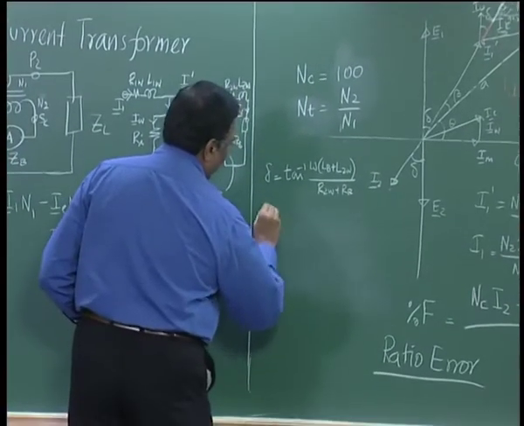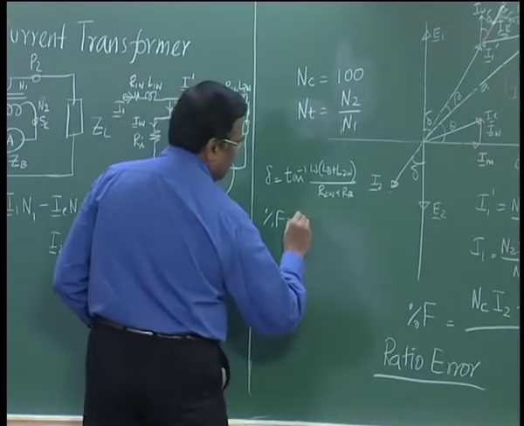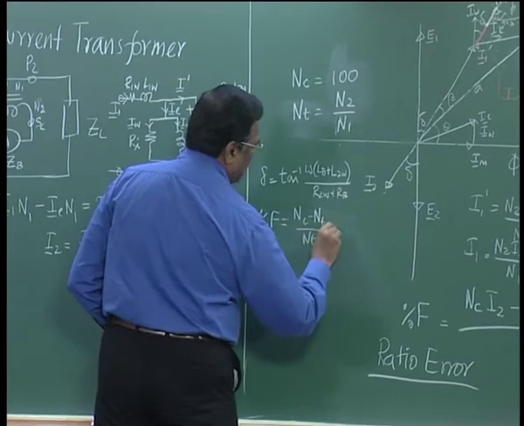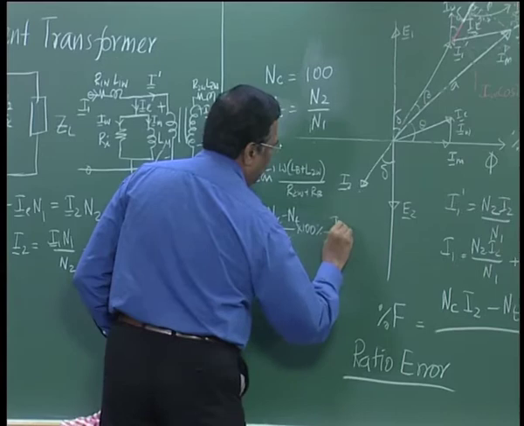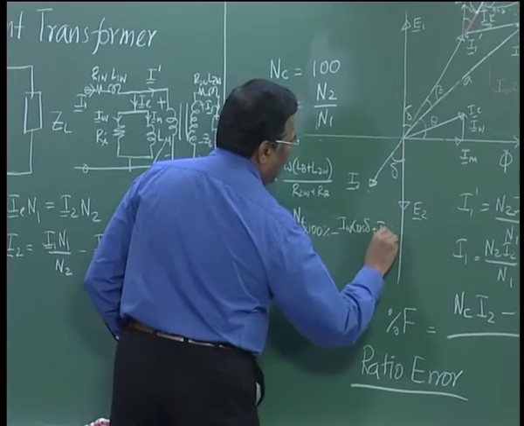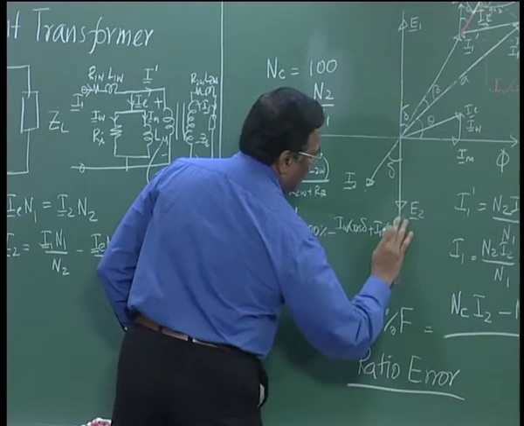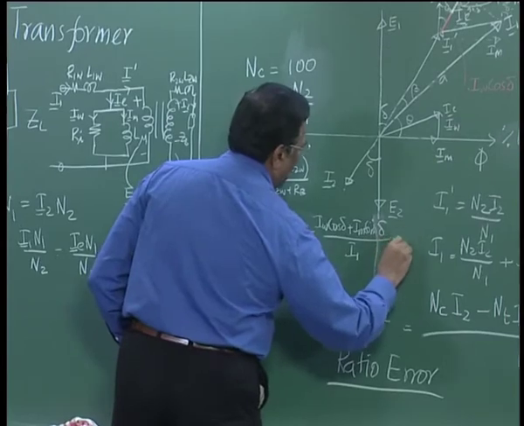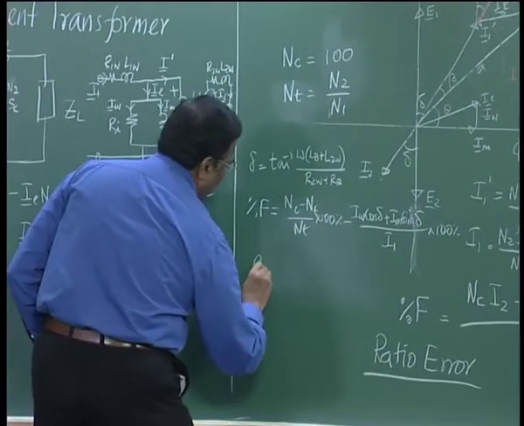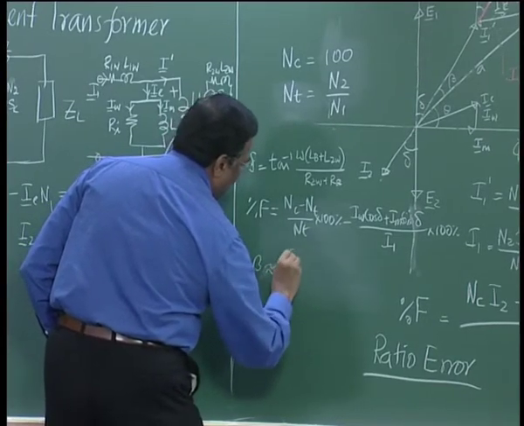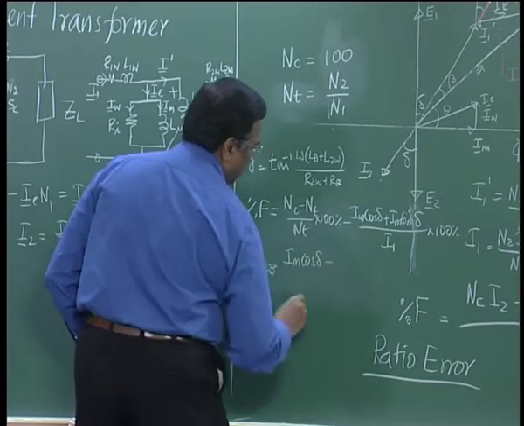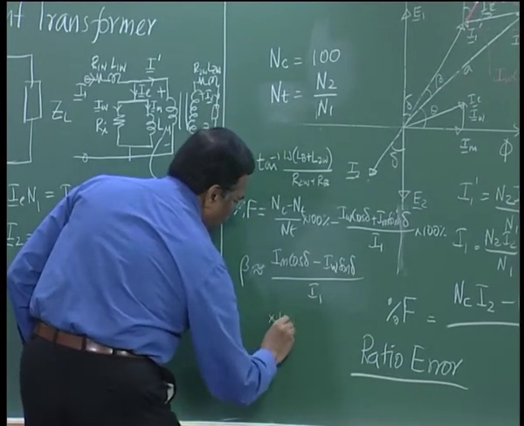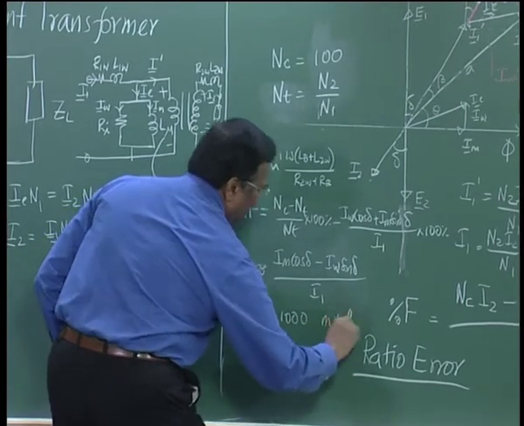So I have percentage f is equal to NC minus NT by NT into 100%, minus IW cos delta plus IM sin delta divided by I1 into 100%, and beta is approximately equal to IM cos delta minus IW sin delta divided by I1 into 1000 if I am going to give it in milliradians,